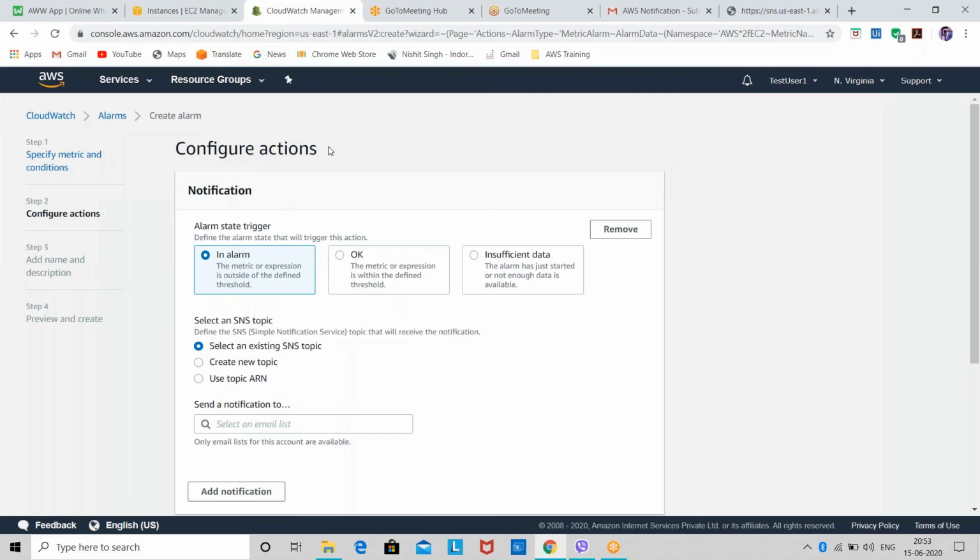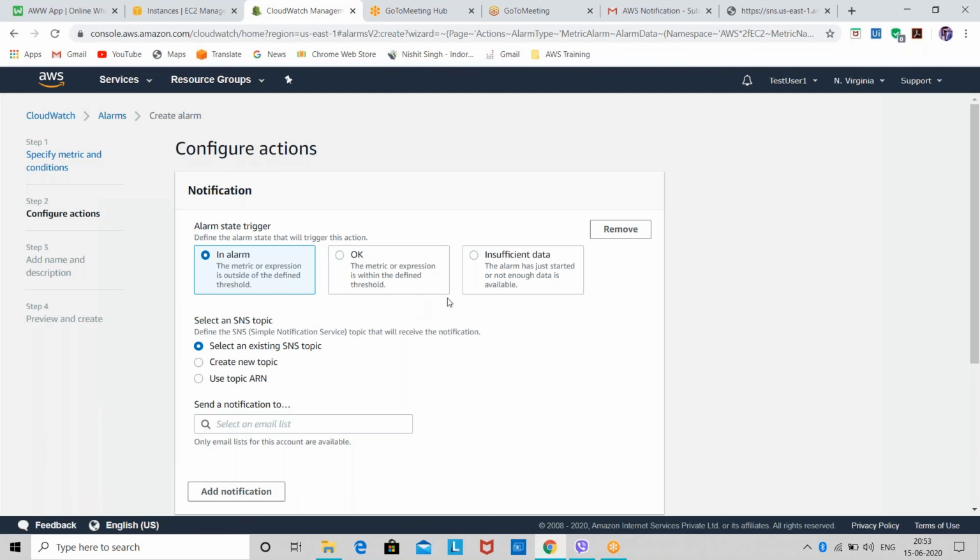Then they are asking me to create the notification, the SNS topic that I always create during the auto scaling group creation. They are asking me to select In alarm, OK, and Insufficient data. In alarm is the state when your instance is unhealthy.